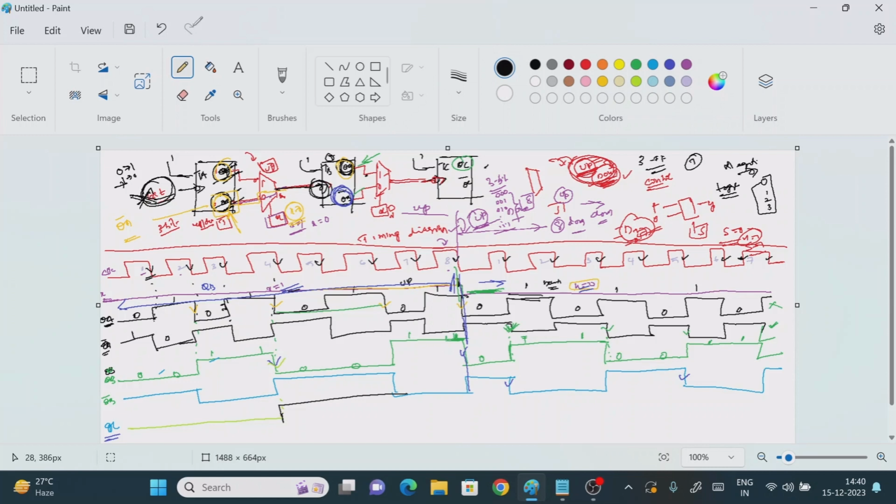Right, so let me draw something like this. So 0, where it will be next down counting value? Let me draw one more time so that you will understand. So here only it is starting, right? Let me take the same color. Up to here, before starting the clock pulse, it is 0. From here to here, the up count value, the output value will be 1. After that the negative edge is starting here only, right?